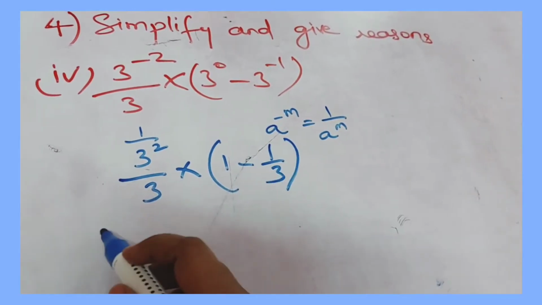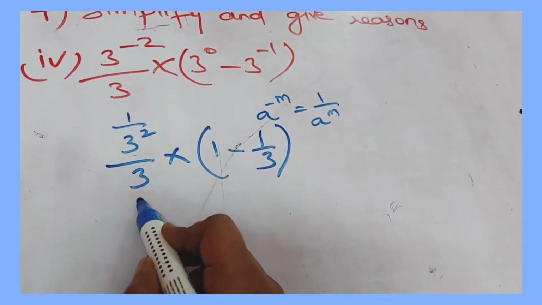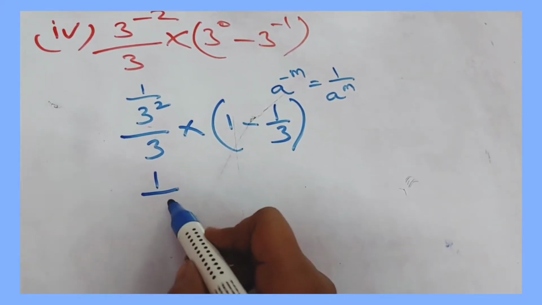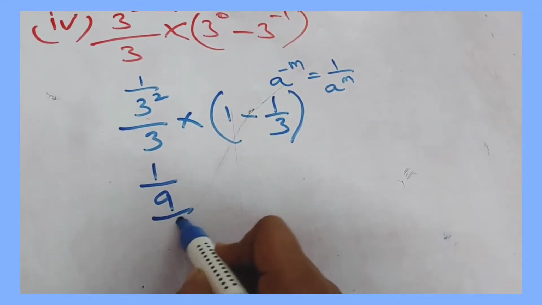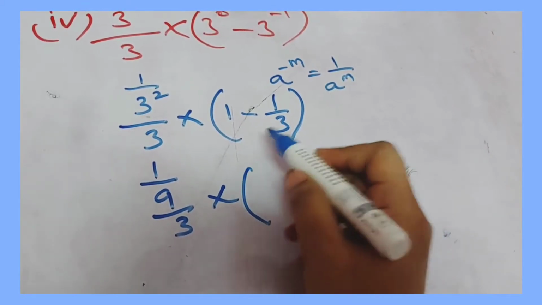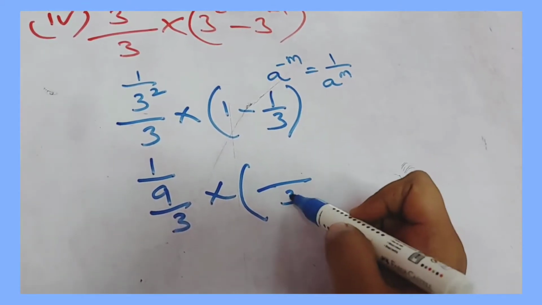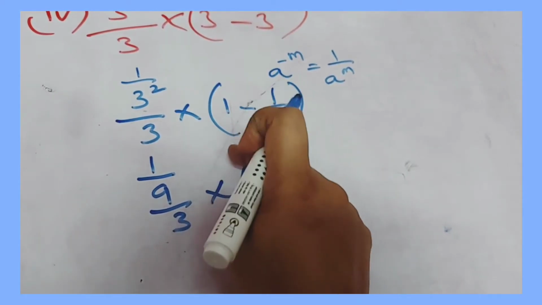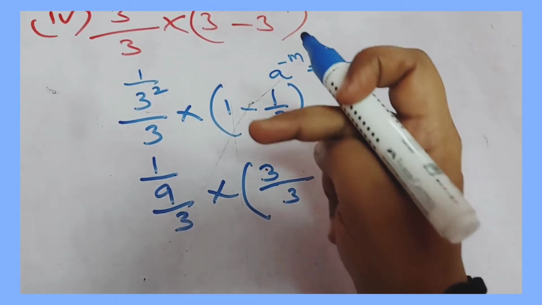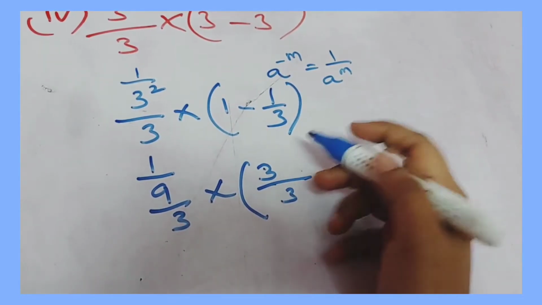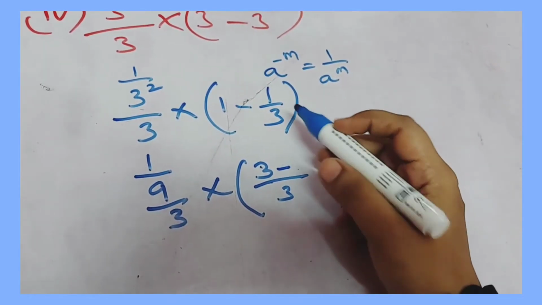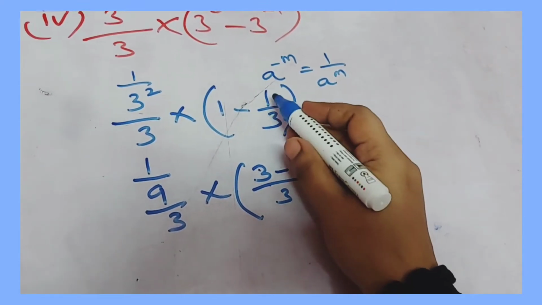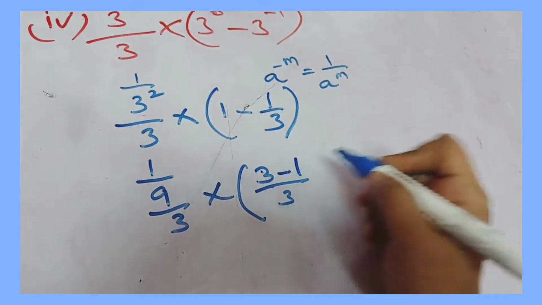Okay. So now what you have to do? 1 by, again it will become 3 3s are 9, by 3 into, again you have to take here LCM. LCM is 3. 3 ones are 3. So here 1 is there in the denominator, again 1 is there. So 1 3s are 3 is there. So 3 into 1 is 3 minus, how many times does 3 go in 3 table? It goes 1 time. 1 into 1 is 1 ones are 1.